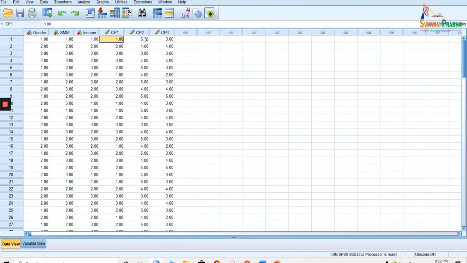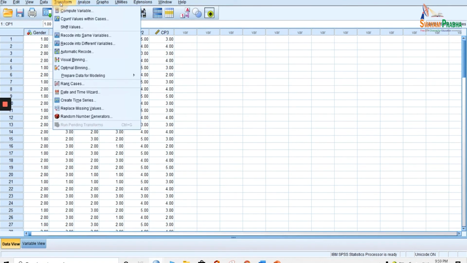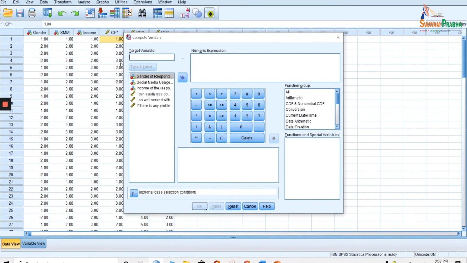So what is the process for taking the average? Just go to Transform and click on Compute Variable. What will be my new variable? We have to name it. Let us say level of computer proficiency is my new variable. Now we have to give the numeric expression, so we have to calculate the mean. That process is very simple.